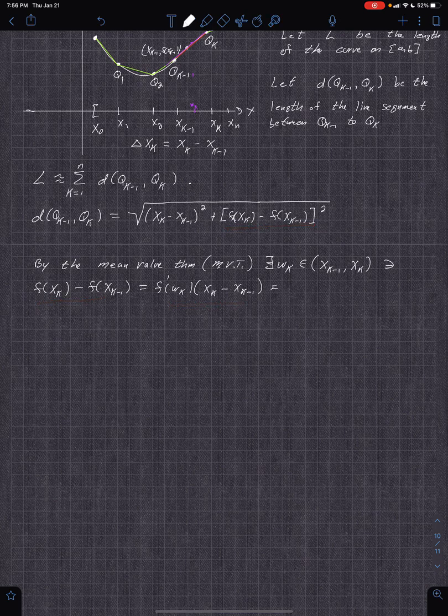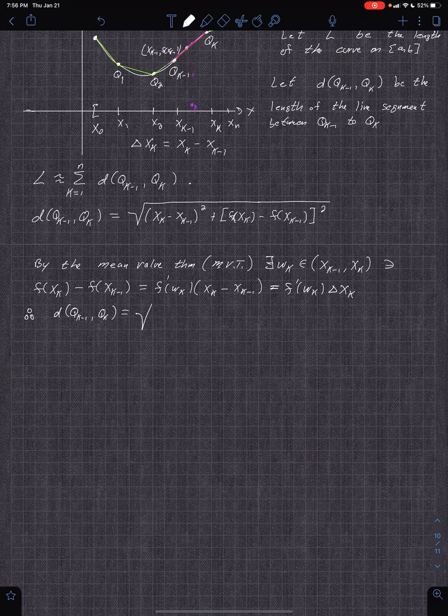So that's equal to f prime of w sub k delta x sub k. So now we can make that substitution. So therefore, d of q sub k minus 1 to q sub k is equal to